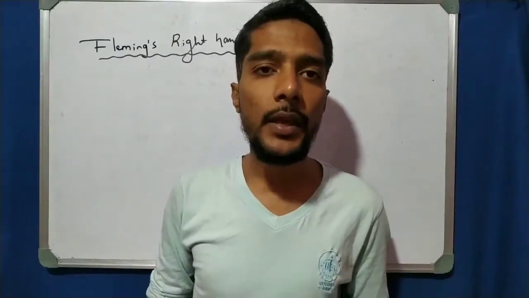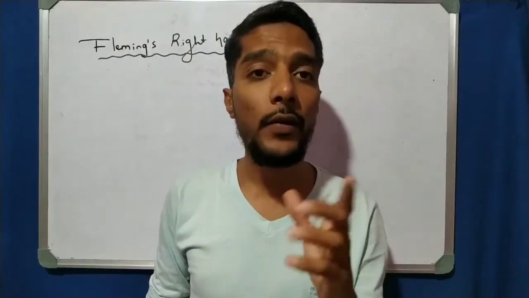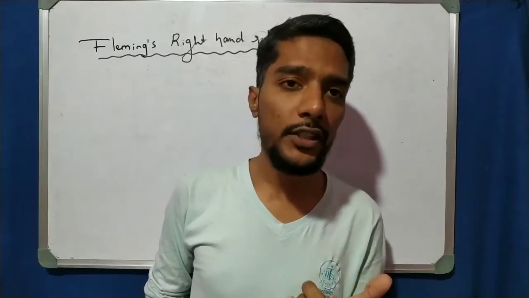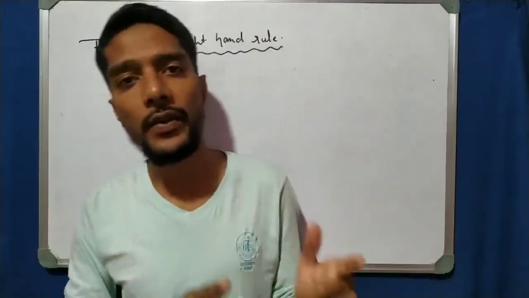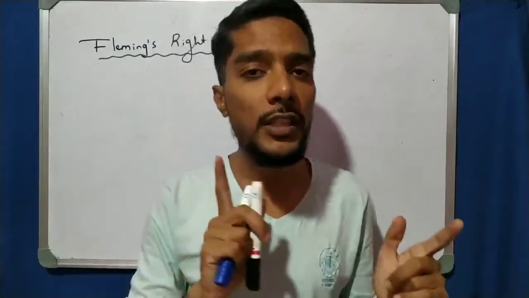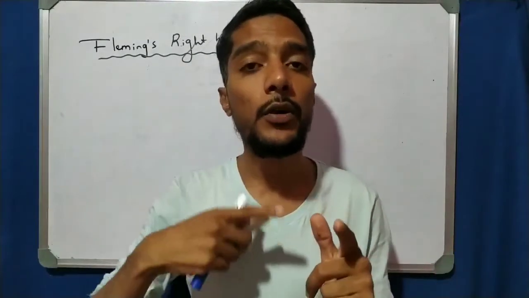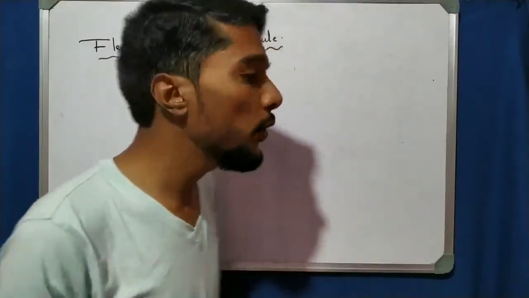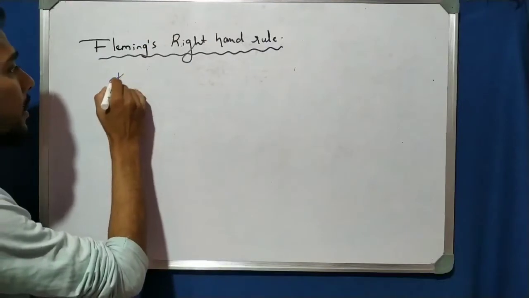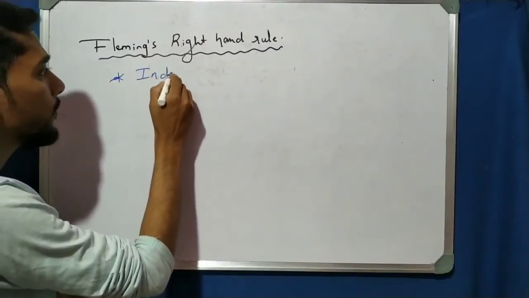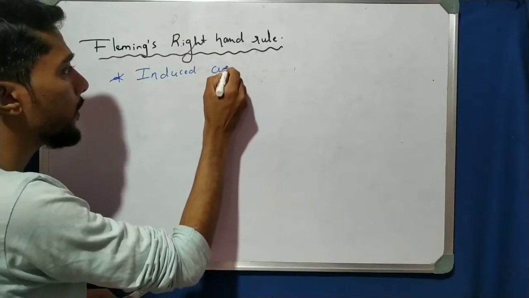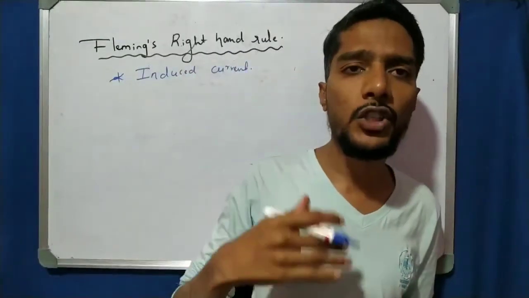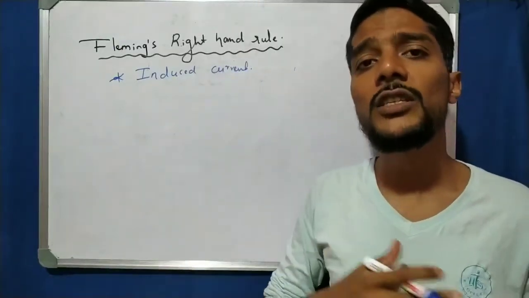Now in the last video we also took a very important concept, that is electromagnetic induction. In electromagnetic induction we observe that by changing the magnetic field we produce electric current, and that electric current is also called an induced current. One point you have to remember: that current is also called an induced current. So what is induced current actually? Induced current is nothing but the production of electric current by changing the magnetic field.